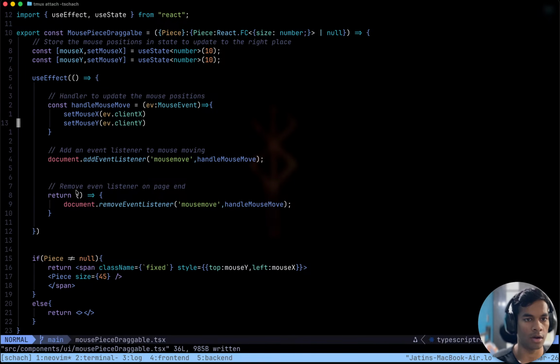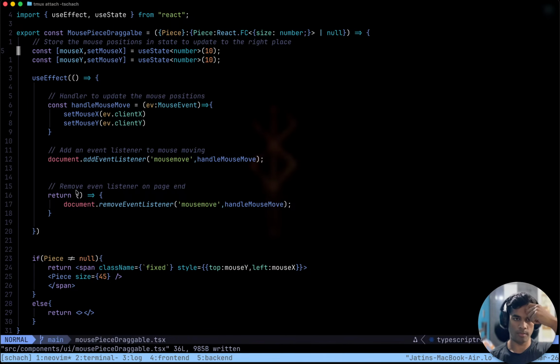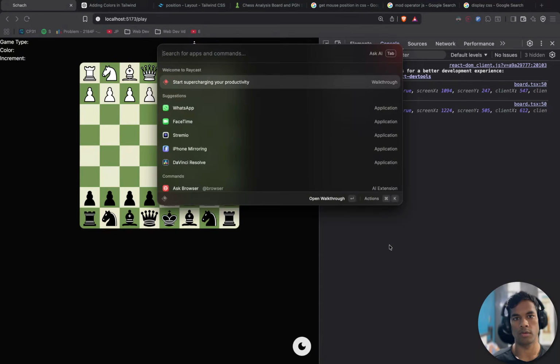There is a lot of re-rendering that is going on. Use state. I think I should not use this as a state variable because this is causing a lot of re-rendering, I guess, and causing problems.